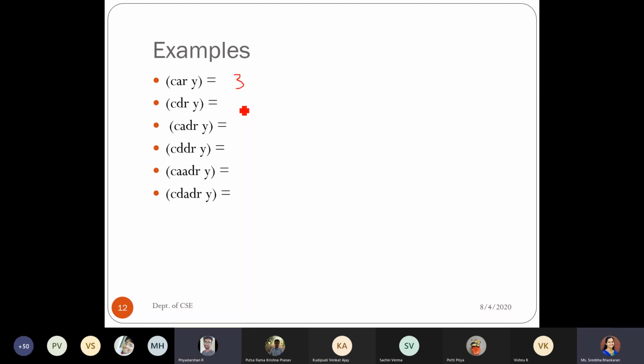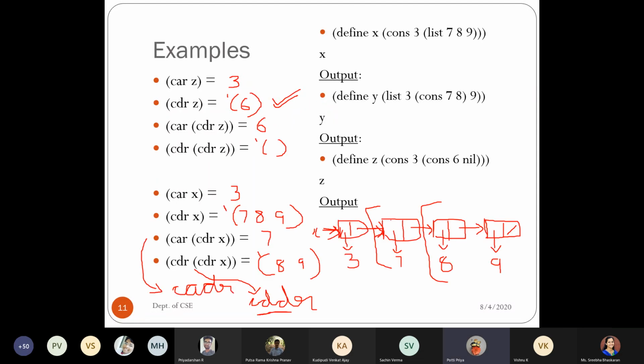Coming to CDR, CDR of y: 7 and 8. 7, 8, 9, like in brackets, ma'am. 7 and 8 will be in brackets. Dot will come, ma'am. Why should the dot come? Because that is a cons, closing cons 7.8.